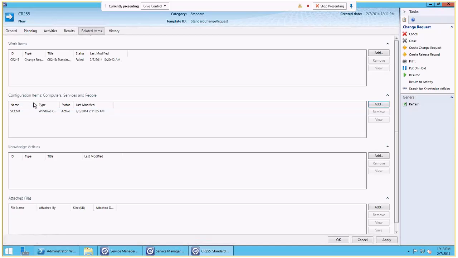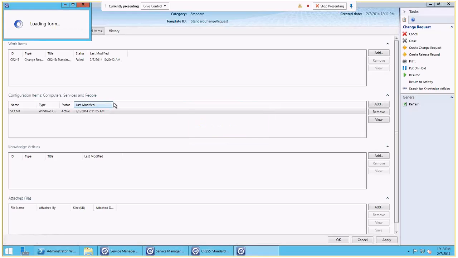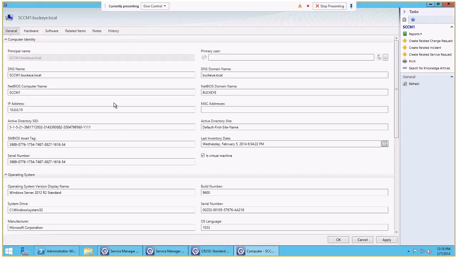They can immediately go into this object. I'm just going to open it up. They call this a configuration item, and this is where I mentioned earlier Service Manager having hooks into Active Directory, Configuration Manager, etc. It's able to pull all of this information in, but a user can instantly go look up this machine that's having the freeze up